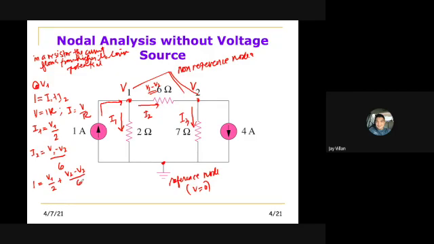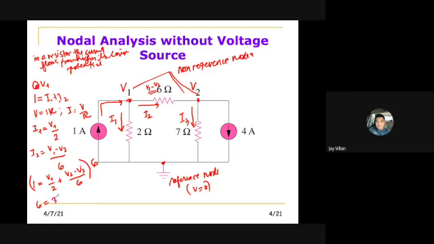Okay? All right. So applying the LCD, least common denominator. So we know that LCD here is 6, so we multiply by 6. We multiply 6 on all of the terms here, so that becomes 6 is equal to 6V1 divided by 2